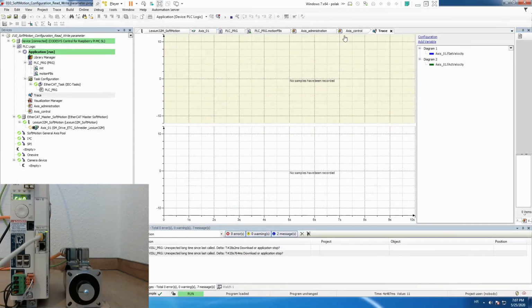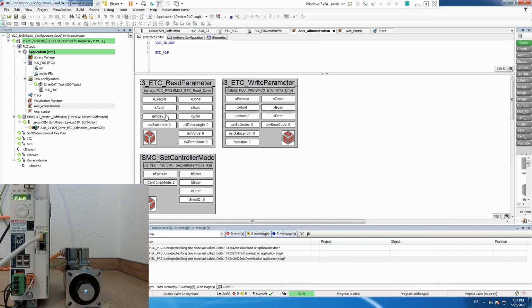Let's go back to CODESYS. Now we have our administrative blocks. If we put 16 hash 3011 and we put sub-index 16 hash C and we execute, data length 2, the value is 900, which is 9 amps. So we will put the same index 16#3011, sub-index 16#C, data length 2 and we will write 10. Now this is going to be 0.1 amp